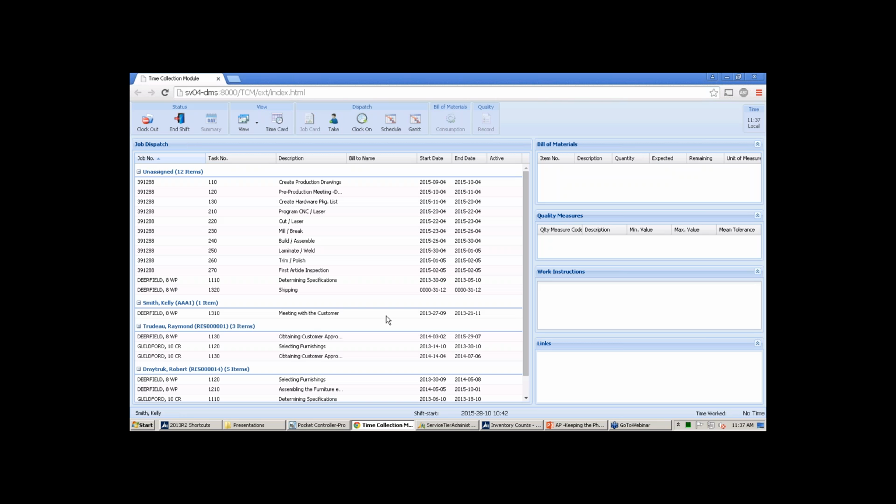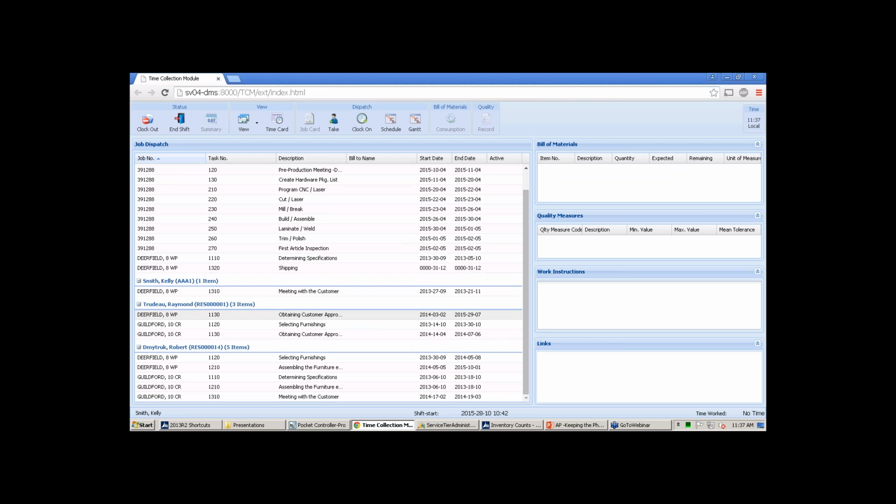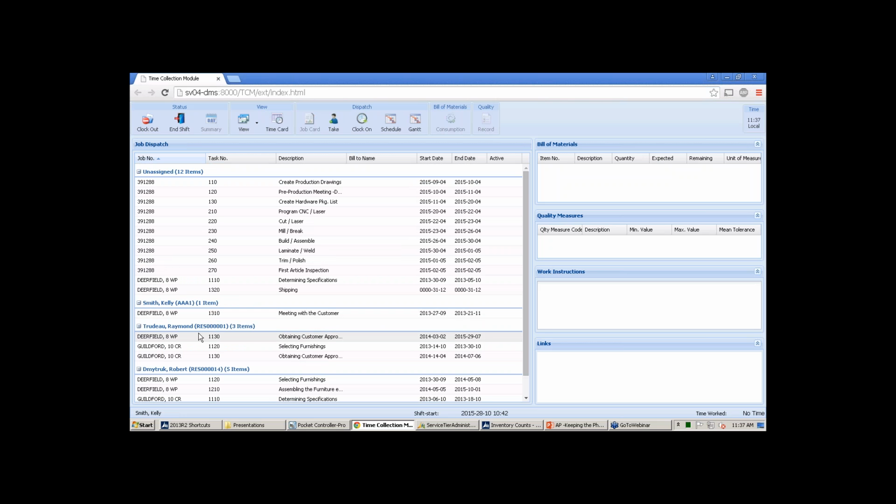Instead of showing my time card by default, it can show me a dispatch list, and the dispatch list shows me all the work that's either assigned to me directly, so say I'm clocked in as this Kelly person. Here's the work assigned to that person. That's independent of work centers and machine centers. Or I can choose one of the options up here on the touch screen, just tap that, clock on,